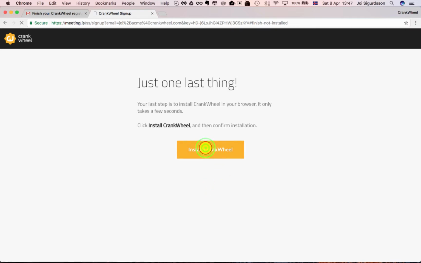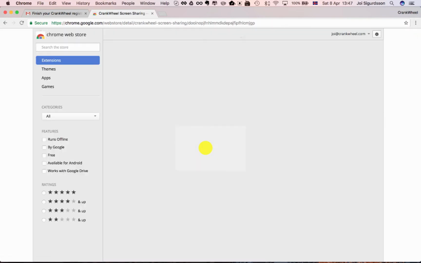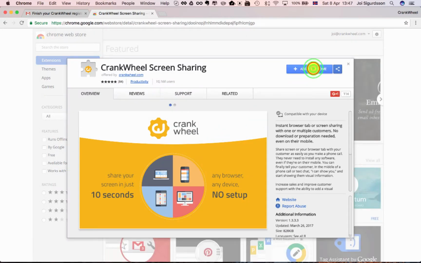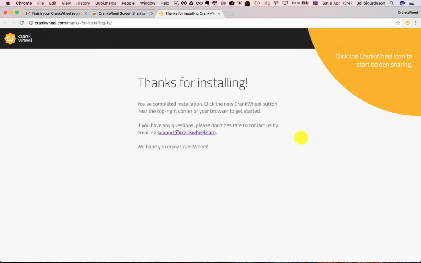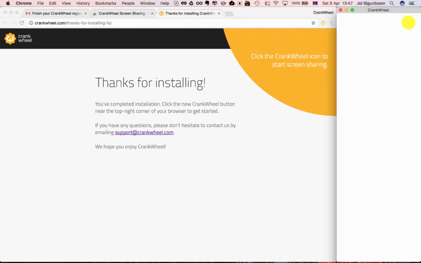Let's click to install. Then click Add to Chrome and confirm. You'll see a page that thanks you for installing and points you to the CrankWheel button that has been added to your browser. Anytime you want to use CrankWheel, you press this button, and that opens up the CrankWheel control